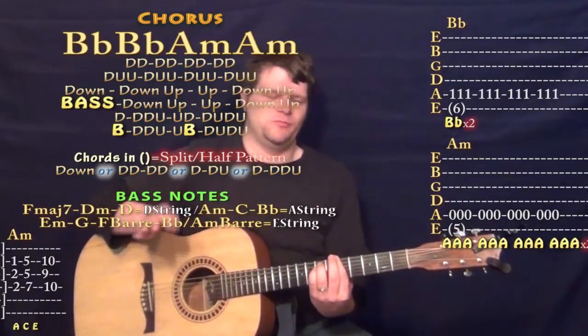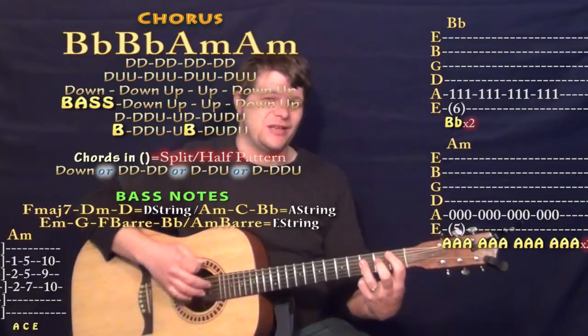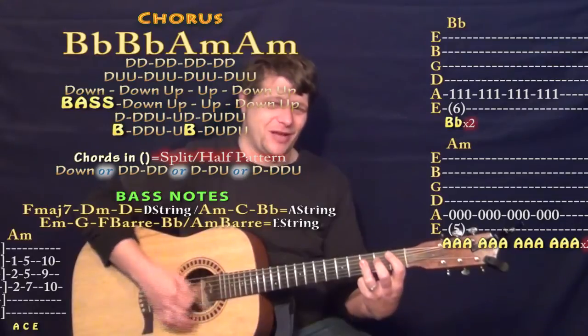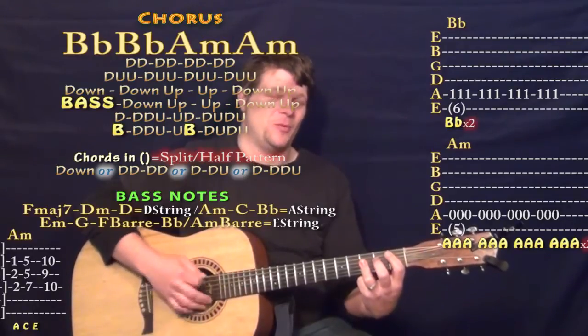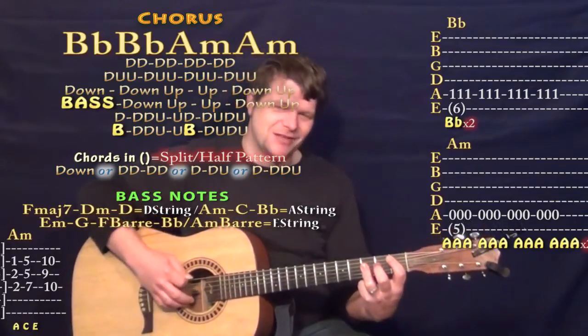Or actually, I was just randomly going ahead and adding basses to those. So you could work it as a bass, down, down, up, down, down, up, down, or a bass, bass, down, down, up, down, down, up, down, or a bass, bass, down, down, up, bass, down, up, down. Those are cool little variations to try. So you have B flat,